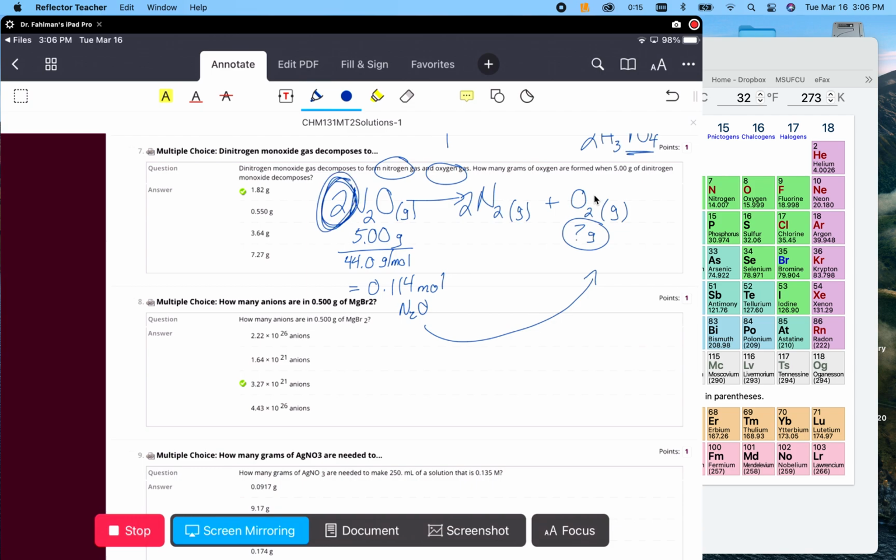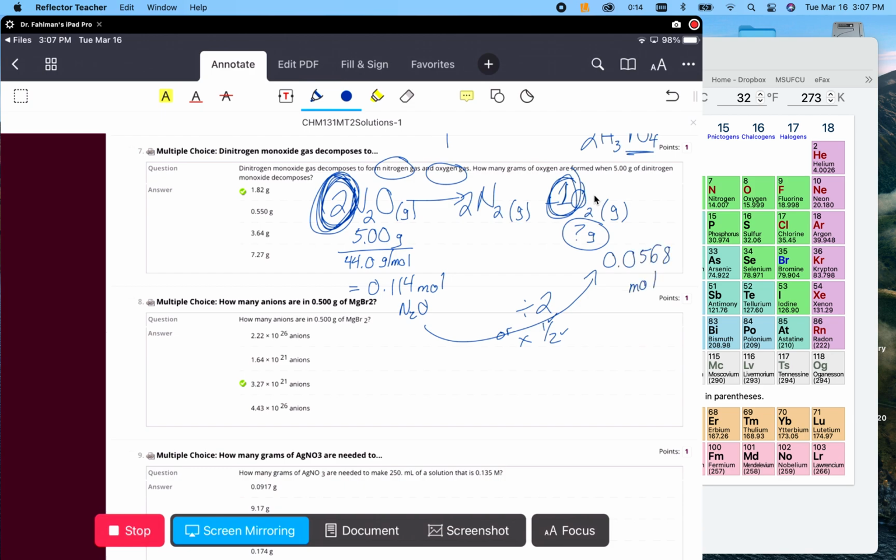So we are going to look for the ratio. So it's 2 to 1. And so we are going to have to divide by 2, or in other words, we're going to have to multiply by 1/2. Okay, so again, what you're going to is on the top, and what you're coming from is on the bottom. Okay, if you look at it that way. So 0.114 divided by 2, or times 1/2, gives you